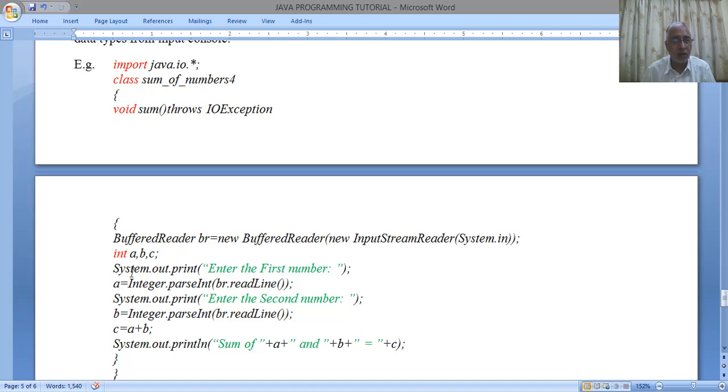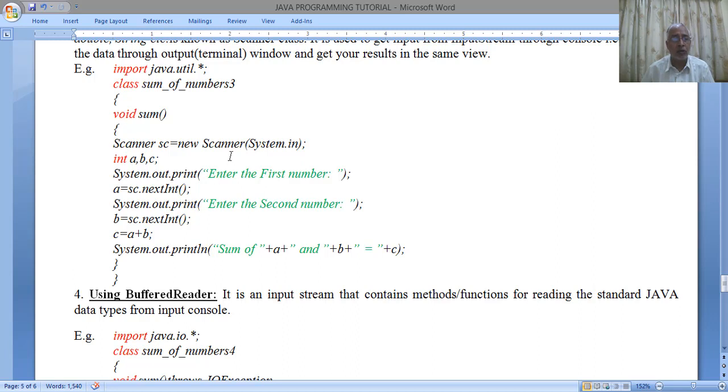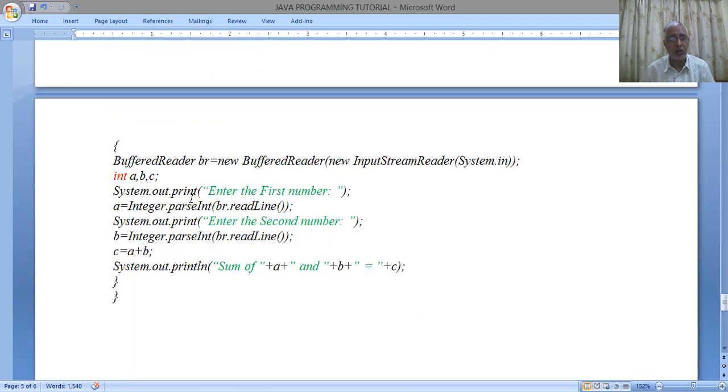Now you see here I have given System.out.print. Here also I have given System.out.print. Why print is given? So that the prompt remains on the same line and you also give the value on the same line in front of this prompt. Otherwise, if I give println, what will happen? This message will come on the first line and your input will go to the next line, which doesn't look nice, because you have to enter the value in front of the message, like you fill in forms: name in front of name, address in front of address. So here in front of first number, you give the first number, in front of second number, you give the second number. Therefore I have given print in both the statements.